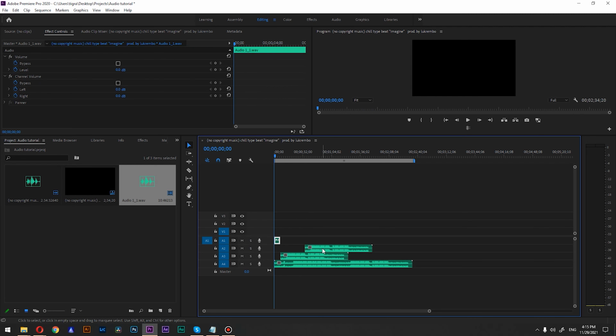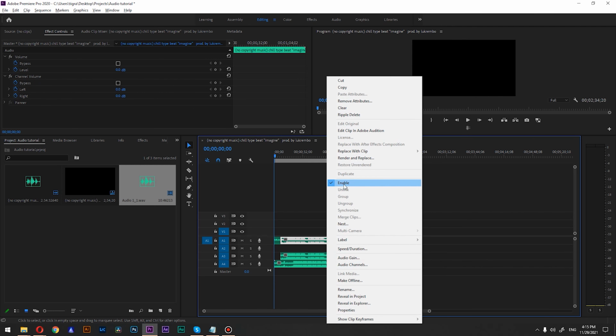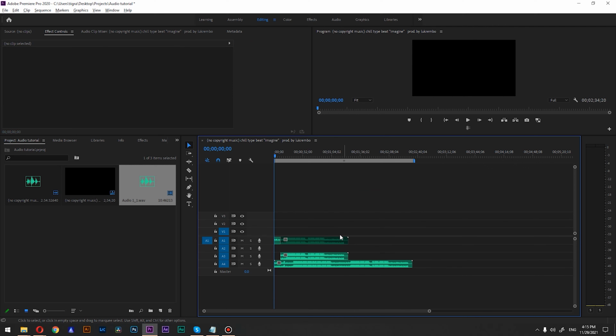And for example, if we have 2 audios and I want to mute only this one, I can no longer use the mute track button because it will mute everything else. So what I want to do instead is right click and go to enable and click on it. You can see that it disables this track.